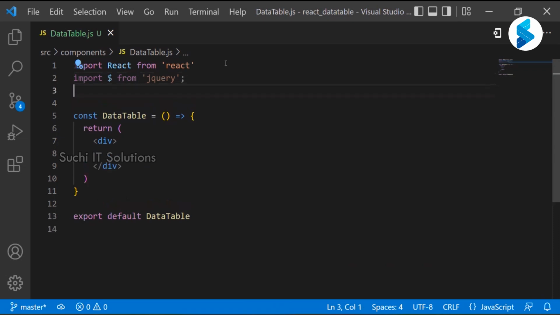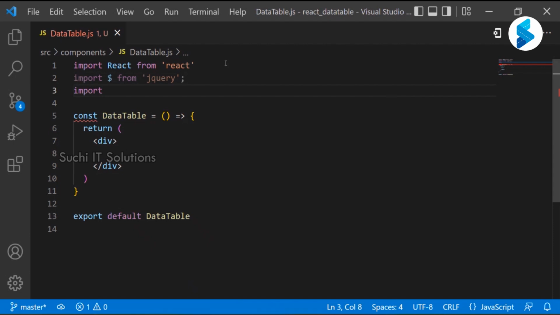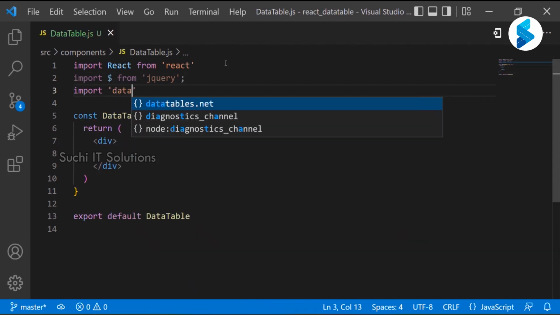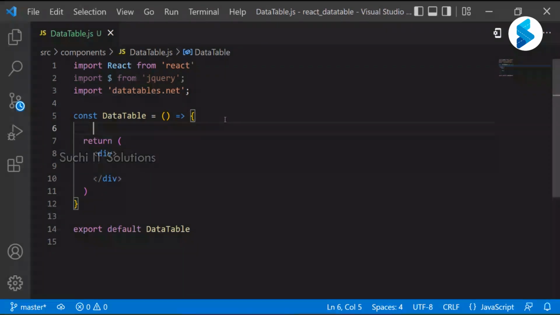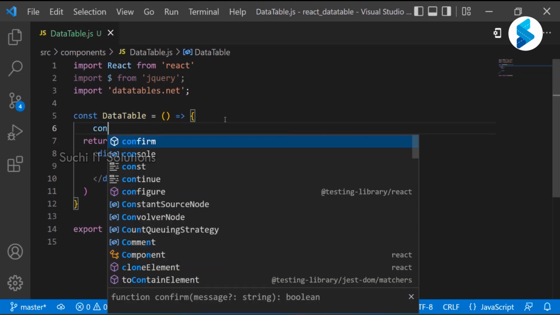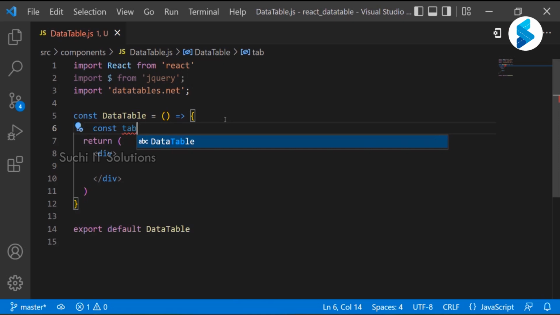Another one is datatables.net, which you also need to import. We need to provide datatables.net here. These are the important imports. After that, I need to fetch some table reference data. That is the purpose. I'm going to use a table reference constant, and I'm going to specify tableRef equal to